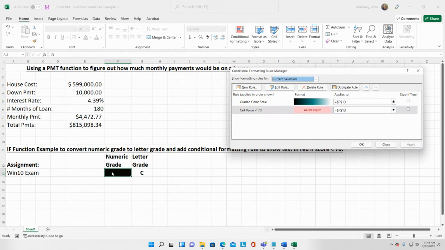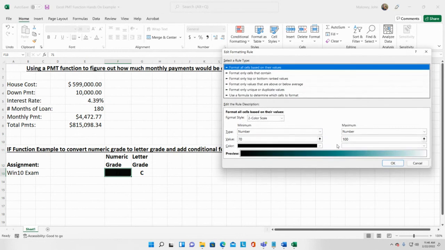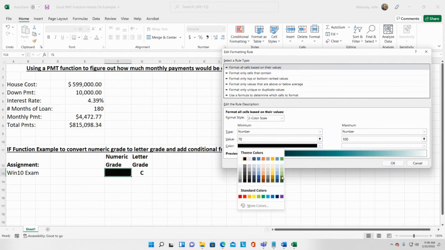Okay, so now it made it black, but the black ruined what I'm trying to do. So I messed up something in this color. I think because of this format, I didn't want that. Edit the rule. So if it's 70 to 100, this must be like a background color, not a, what do you call it? So I want a light red,